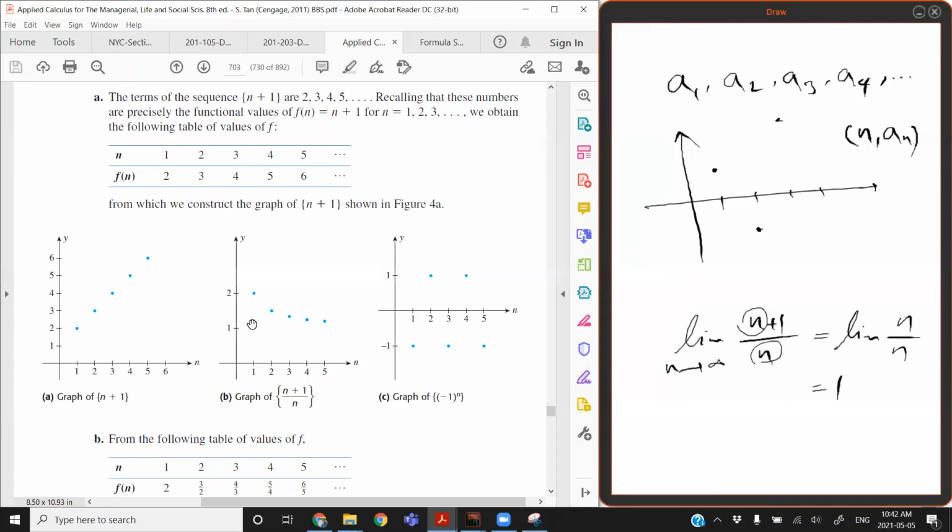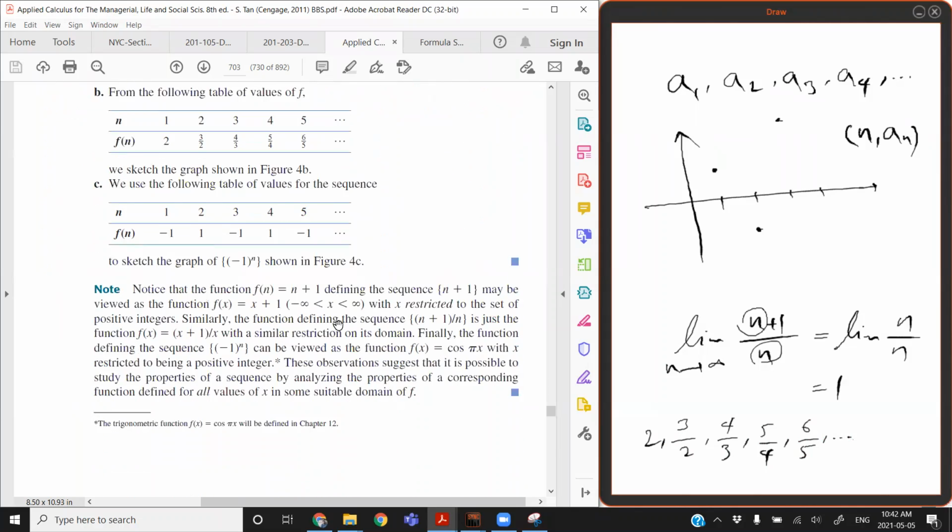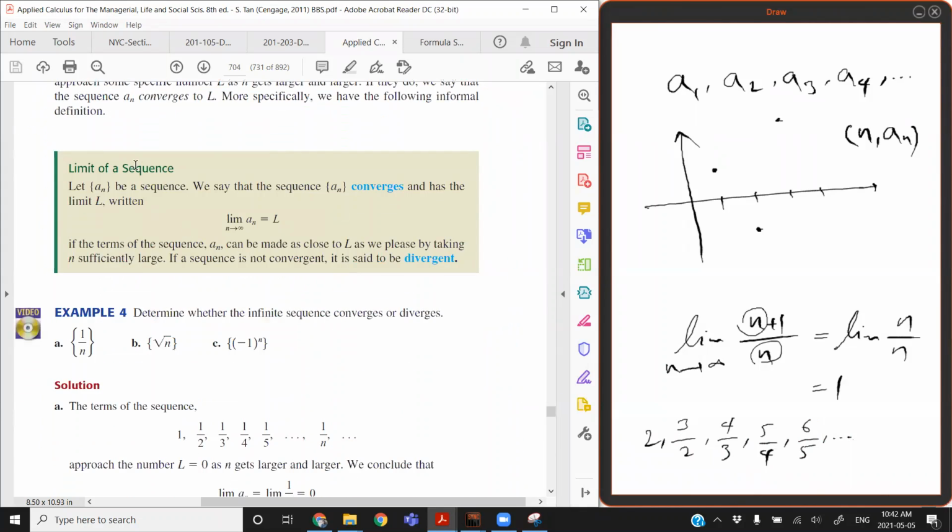It's like having a horizontal asymptote here. The first is 2, then when you plug in 2, you get 3 over 2, then 4 over 3, then 5 over 4, then 6 over 5, and this trend keeps on going, and these values are going to get closer and closer to 1. So if as n approaches infinity, an approaches a certain number L,